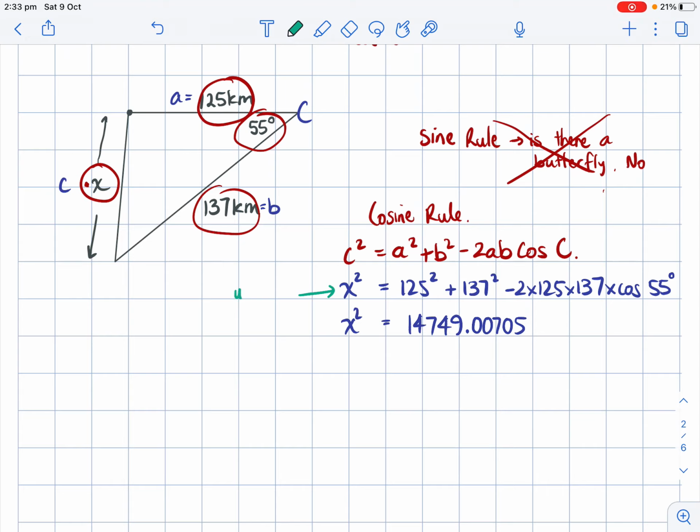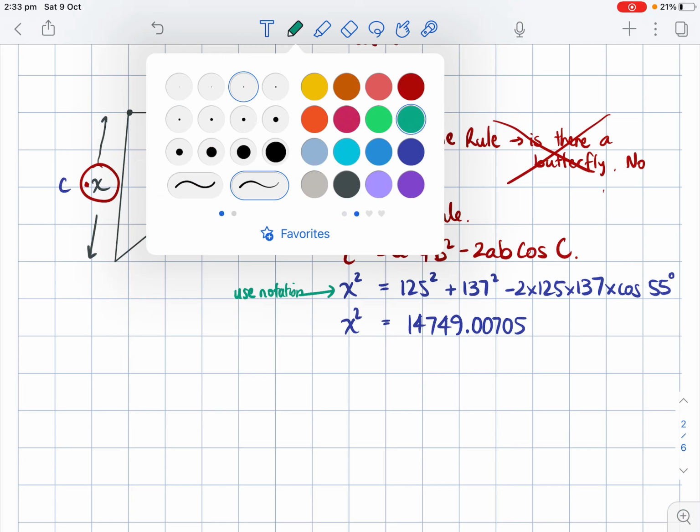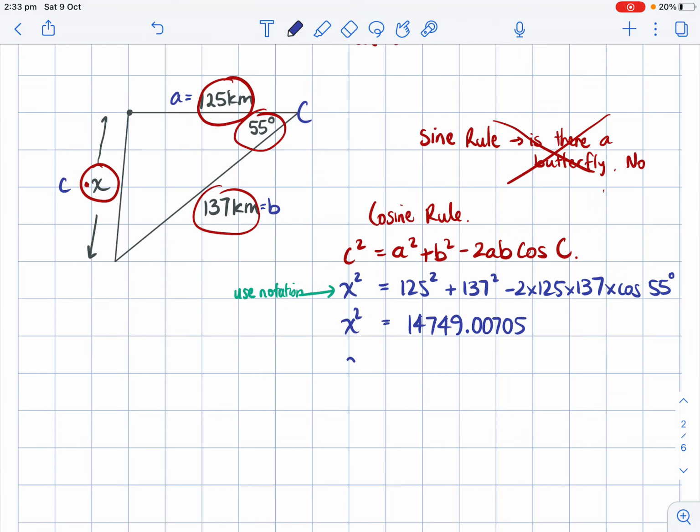Now this is a great point to indicate how notation in maths can help us. By not being lazy, I can remind myself that this isn't what I'm trying to find. This says x squared and I'm trying to find out what x is. So by keeping that notation and continuing to write it, it reminds me, oh, I don't want that squared there. I only want the x. How do I get rid of a squared? I take the square root. So I want the square root of my answer. Again, back to my trusty calculator. And that gives me,